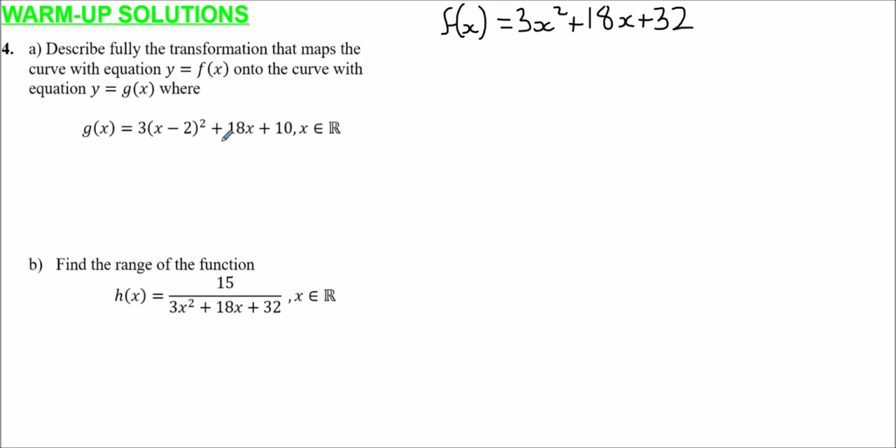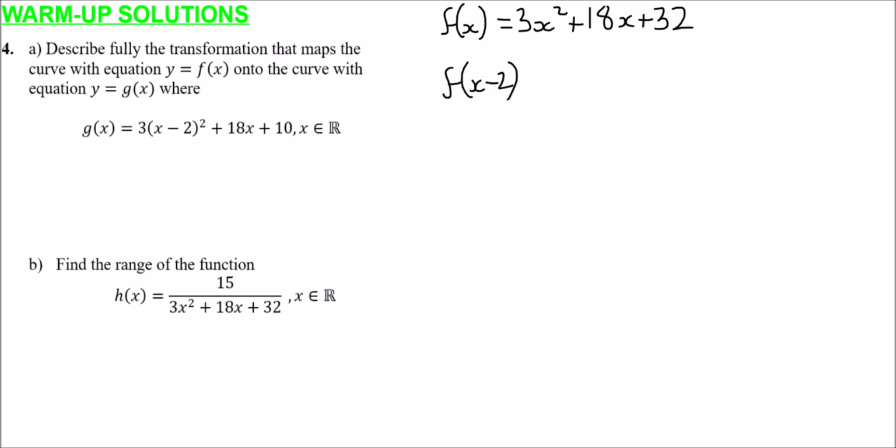So the trick here, we're going to try what f of x minus 2 looks like and compare it to this. And if it's different, we can work out the difference and then compensate accordingly. But we're trying to get this in terms of f of x. So this clue here is to just use x minus 2 as our input. So what would that give us? What's f of x minus 2? Well,